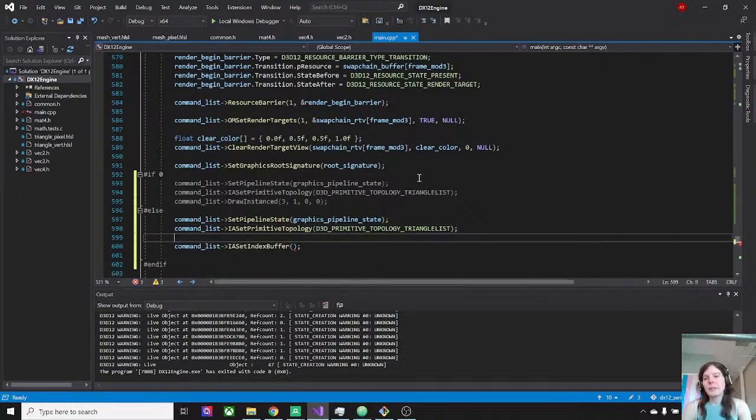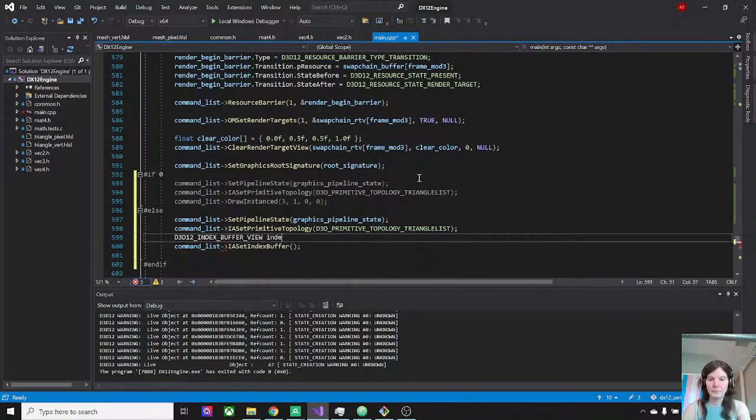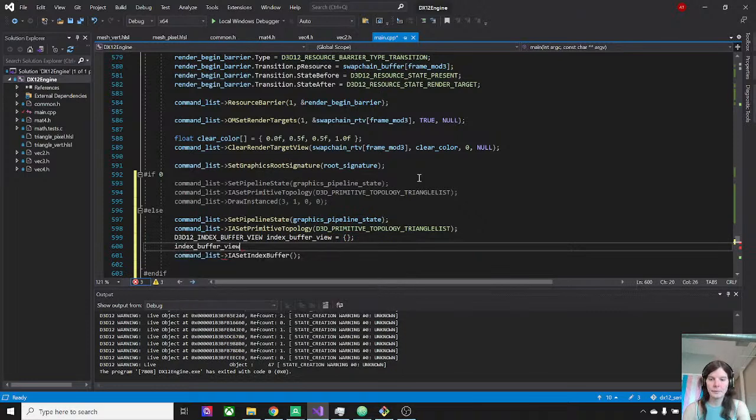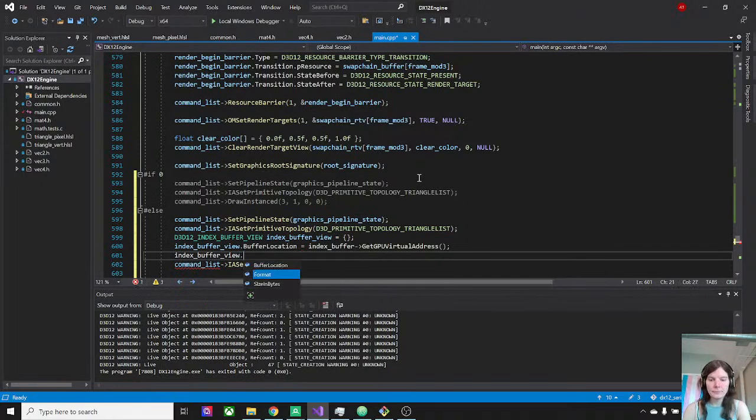To set the index buffer, we need an index buffer view, which takes the location, which is the index buffer's GPU pointer. Format, which is